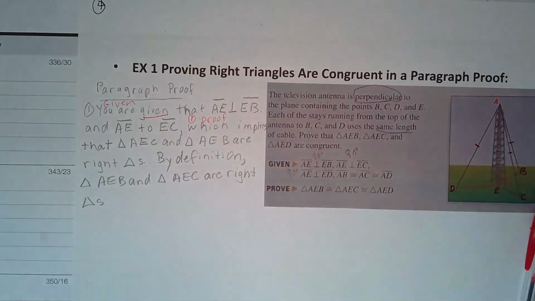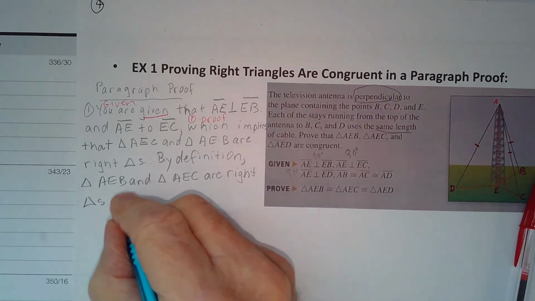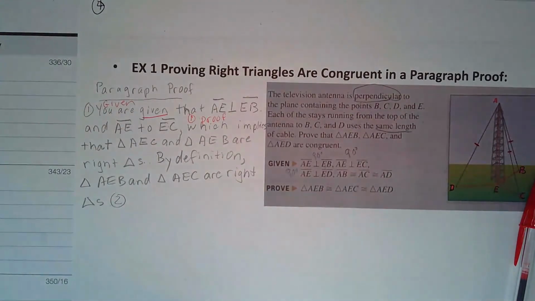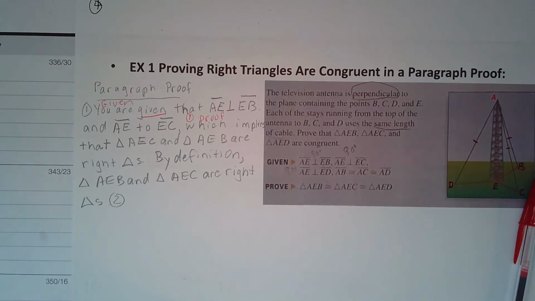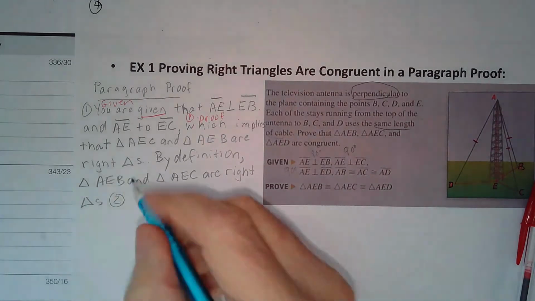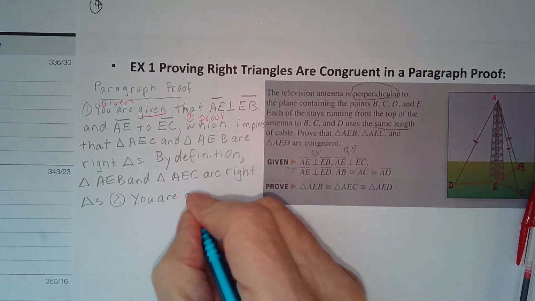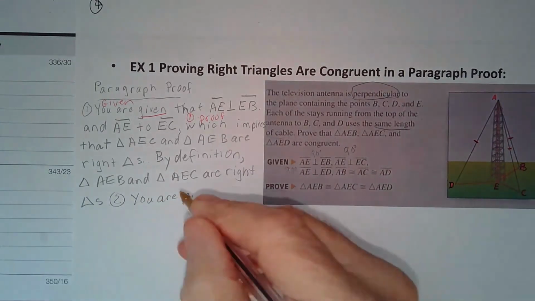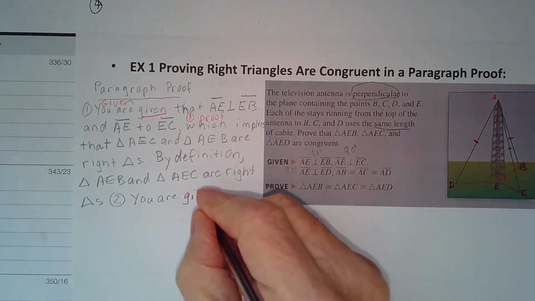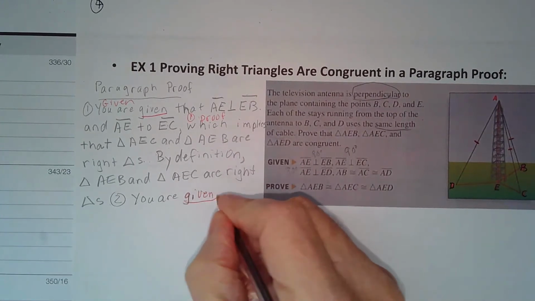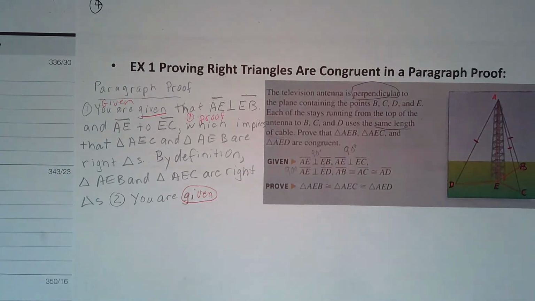Okay, so now let's go on to the second. So number 2. You are given that the hypotenuse of these two triangles, right, AB and AC, are congruent. We are given that information that they're congruent. So you are given, maybe I should put given in red. So given, that's the given,